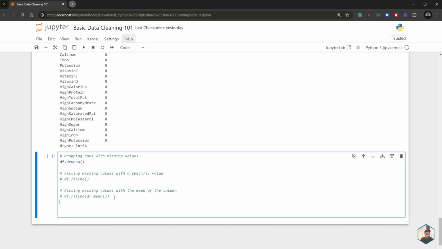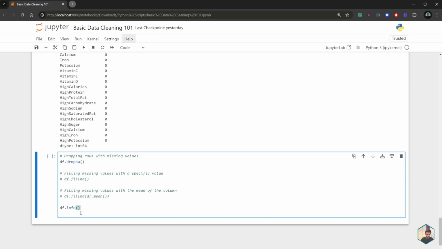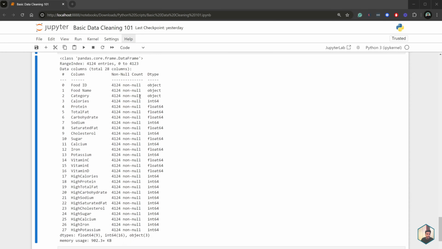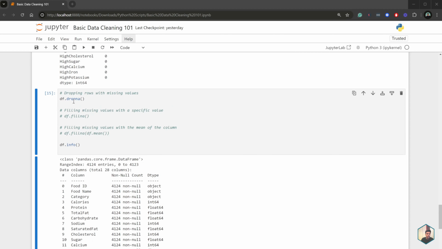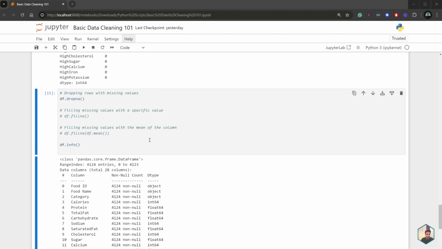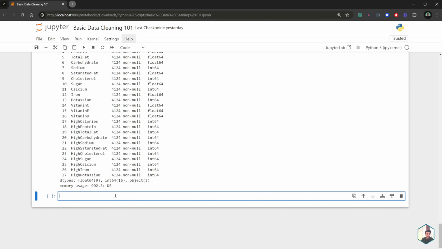Whichever method you choose, don't forget to type in df.info() so that you can preview the data after dropping the values. Perfect. So you can see here again the number of rows for each column, and if you did drop some missing values, obviously this would change, so you can use this to verify that. After dealing with any missing values, the last thing I'd like to tackle is creating new columns.